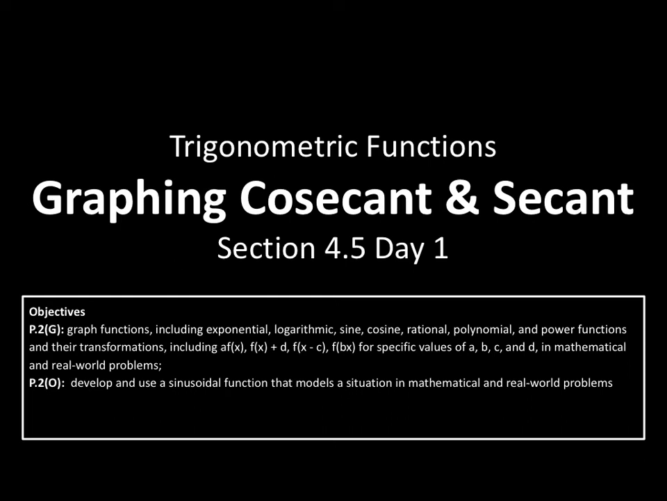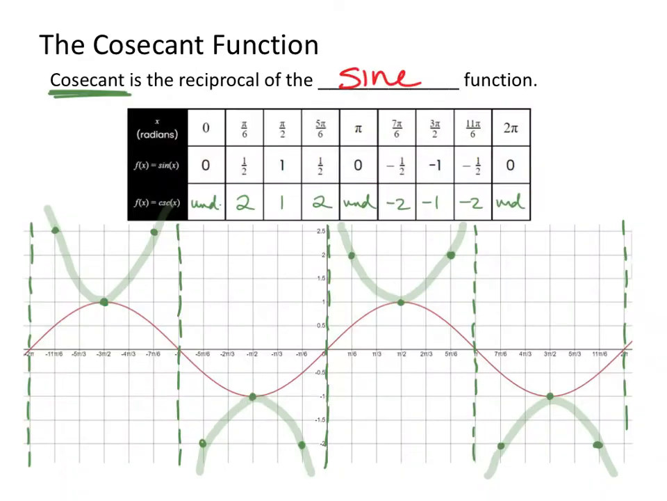This is just going to be a quick reteach of the graphing cosecant and secant lessons. I'm not going to really write much on the screen, just talk through the parts of the notes that are important. So the cosecant function is the reciprocal of sine, or that's what we learned when we went